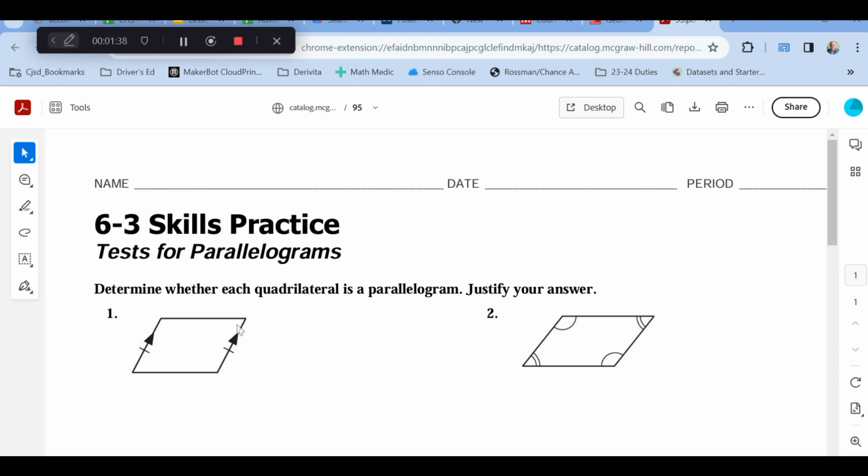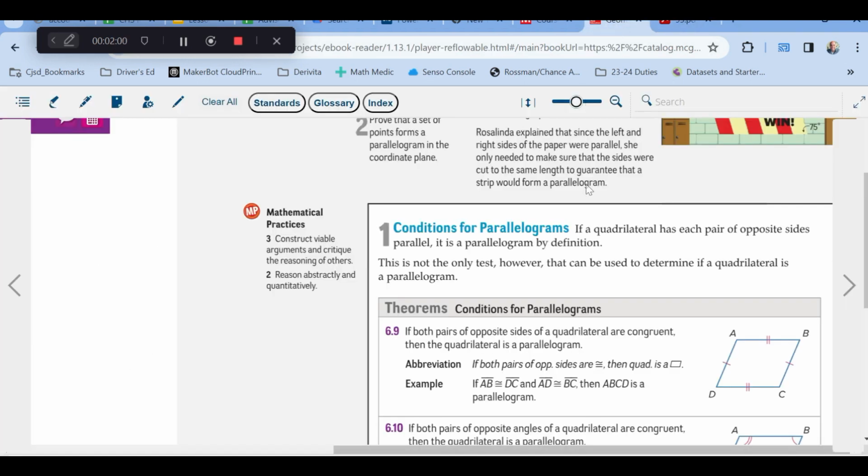So parallel, one pair of sides we know something about. We know they're parallel and we know they're congruent. But we don't know anything about the other pair of sides. So this could be a parallelogram. It might not be. Maybe it is something we call a trapezoid. Okay? Well, when we look at our rules, or rather our definition,